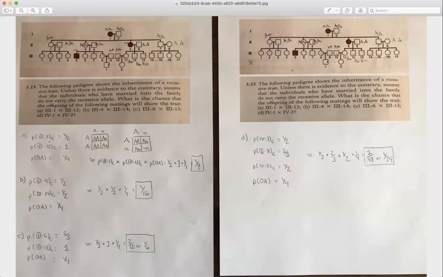And so for the first one, 3,1, right? So you look up here at individual 3,1. What is the probability that that individual is a carrier? It has the possibility of being either big A, big A, or big A, little a. To find out the probability, we just come over here and do a little Punnett square. What we see is 2 out of the 4 cells are carriers, 2 out of the 4 cells are homozygous dominant. And so that individual has a 1/2 chance of being a carrier.